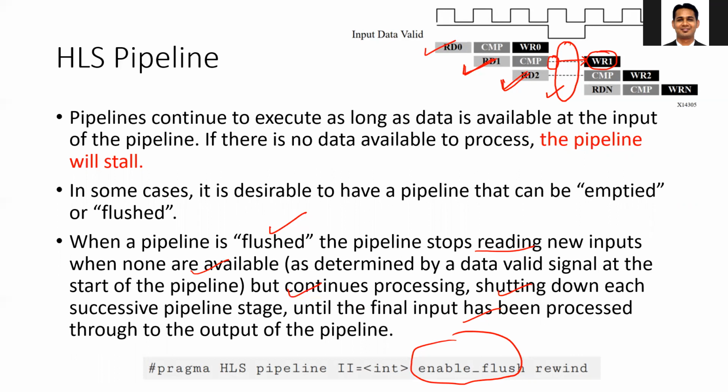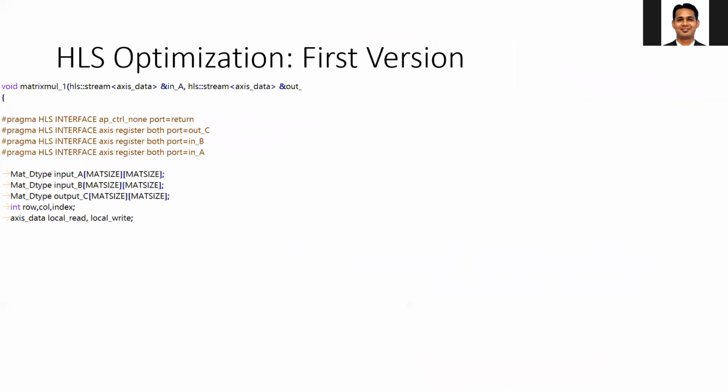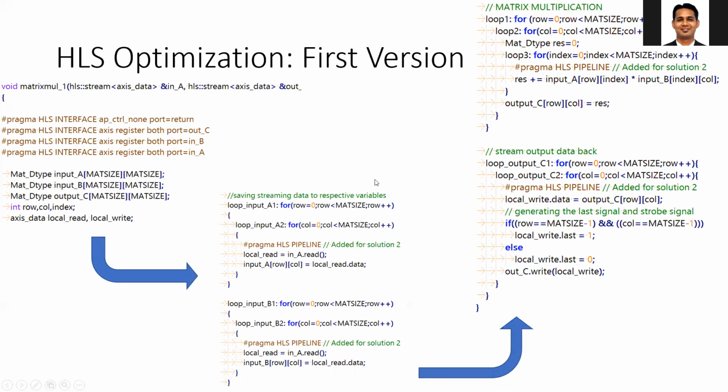Now let's look at how we can improve the performance of our code. As we discussed, we had this first code where we did the pipelining in the loop 3. Now if you want to do the pipelining in loop 2 instead of loop 3, that means you need to unroll the loop 3. So what does it mean? For example, when you are doing the